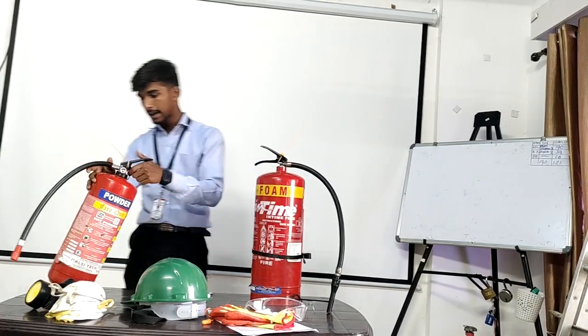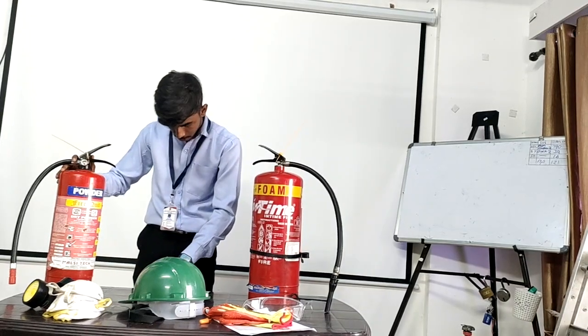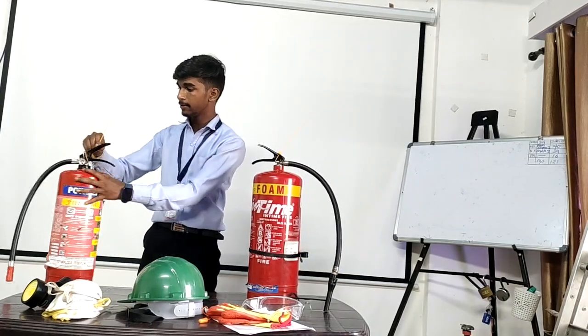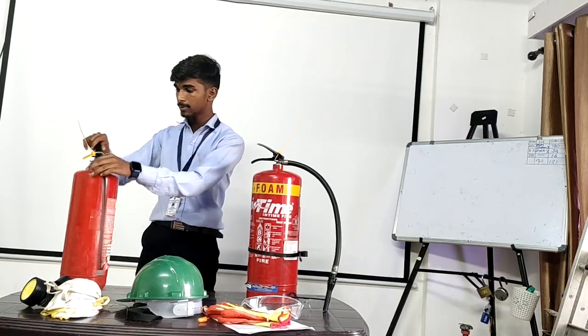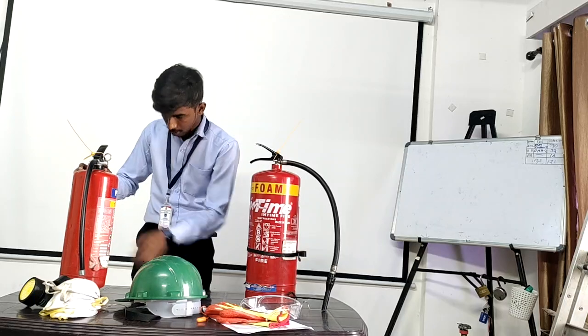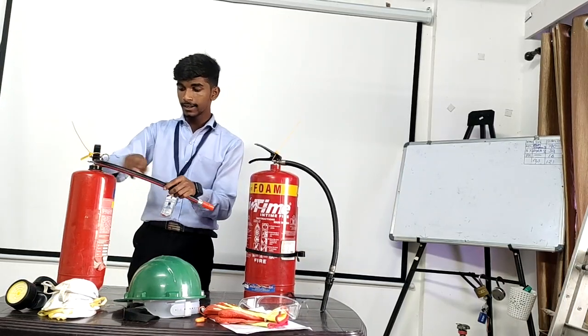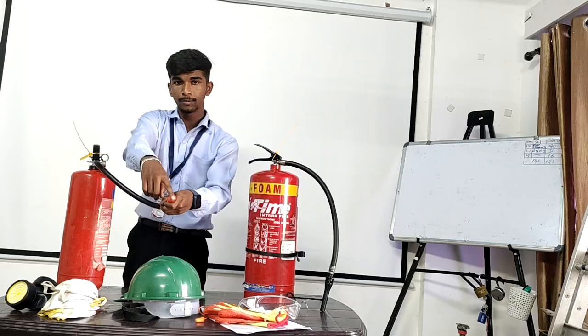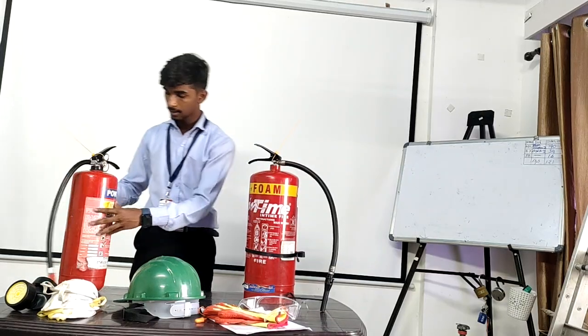Check for any damages in clamps and in its body, safe record and unplug it. We have to ensure it's locked, not open. This seal has to be locked all the time before use. The hose must be checked thoroughly. It may have cracks over here, or it might be blocked inside. We have to check that before use.